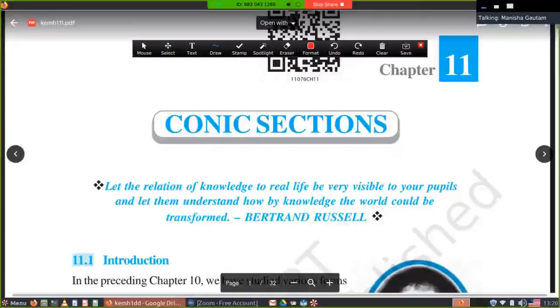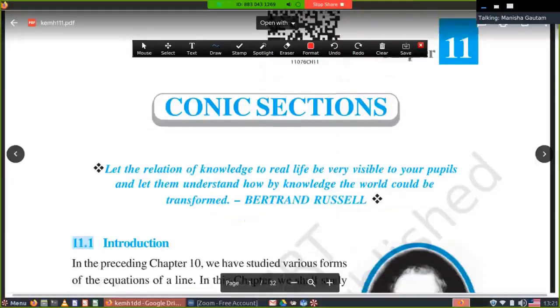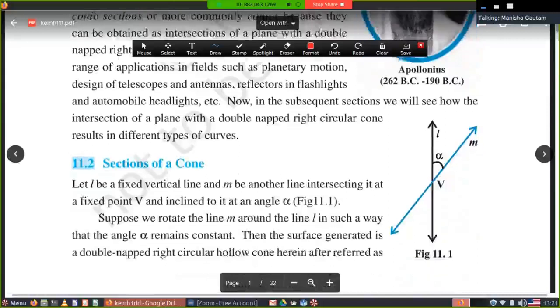In previous videos, we have discussed chapter 3, trigonometric functions. Hope you have completed that chapter. Now, the next chapter is chapter number 11, and this is conic section. In this chapter, we will study different curves like circle, ellipse, parabola, hyperbola. These curves we have discussed in this section, that is the conic section chapter. Let's see what is in this conic section chapter.